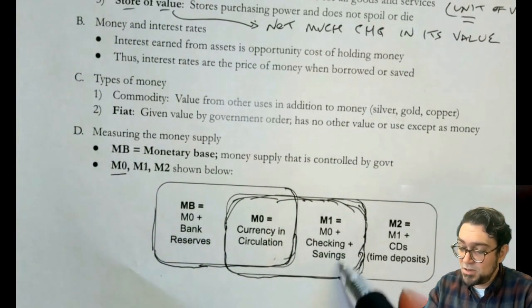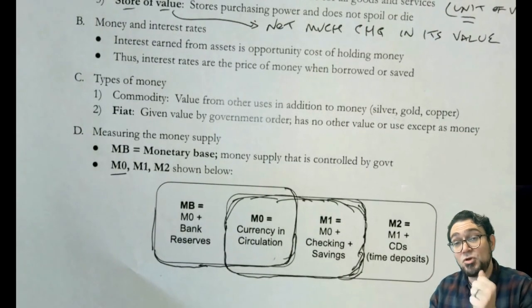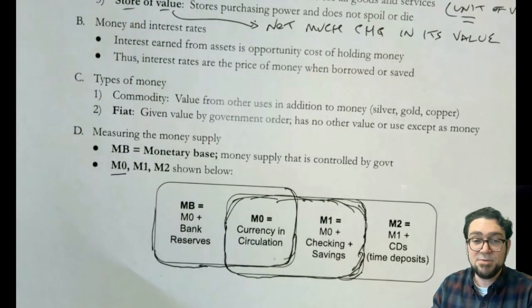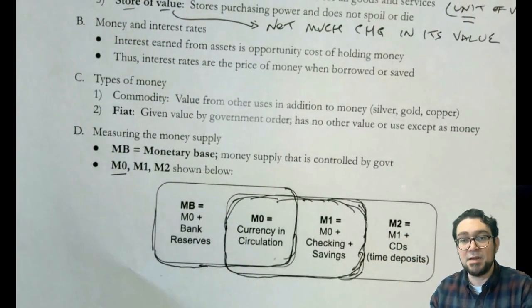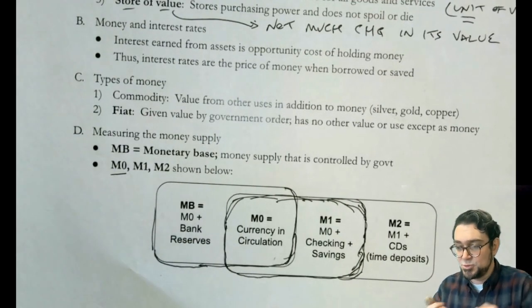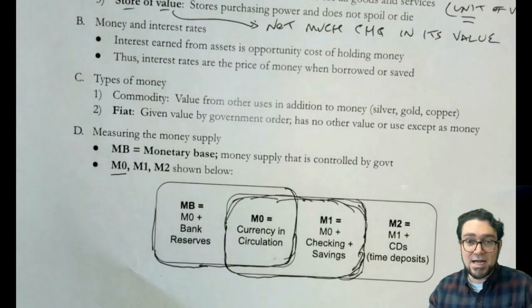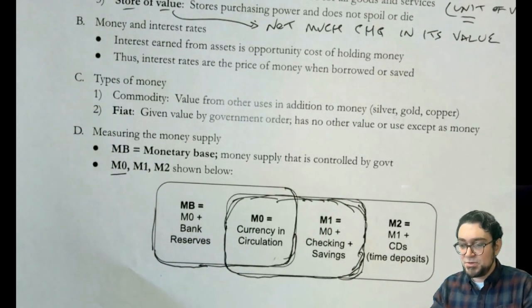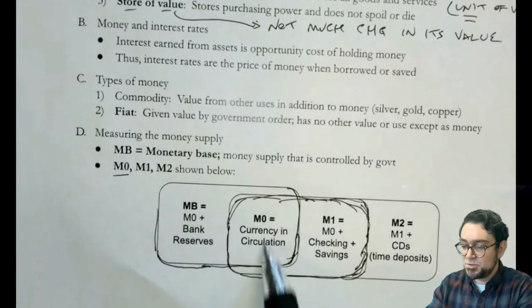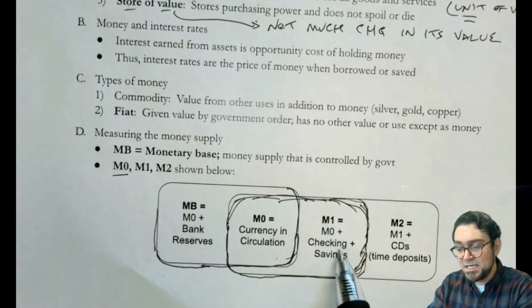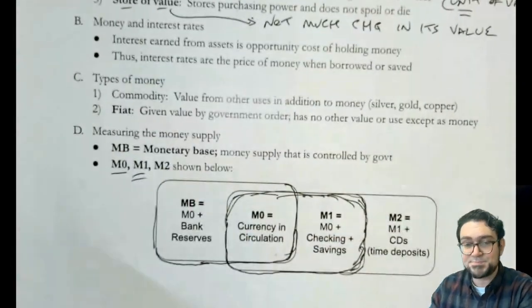And so these would be all the dollars that are counted as part of your checking and your savings accounts, plus how much money is circulating out in the broader economy. That would be money that's in your piggy bank. It would be money that's in the gas station in their drawer. It would be the money that's at Target or Costco when they pull out their drawer and say, oh, there's how much money we have. So all of that is currency in circulation. If we add checking and savings, we get what's called M1.